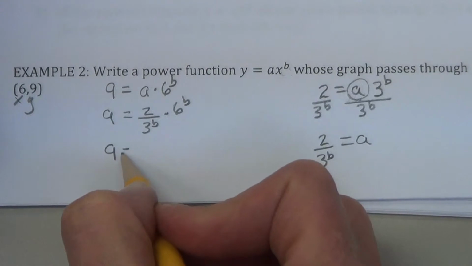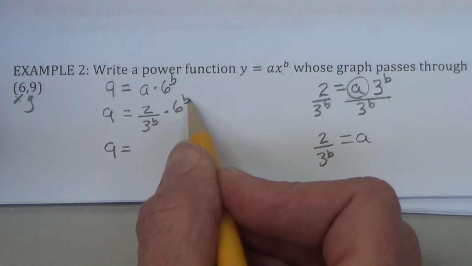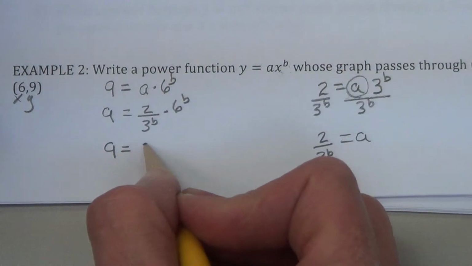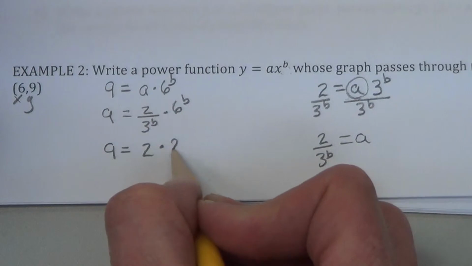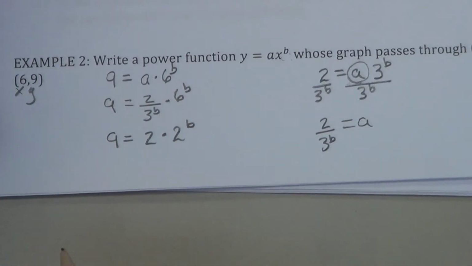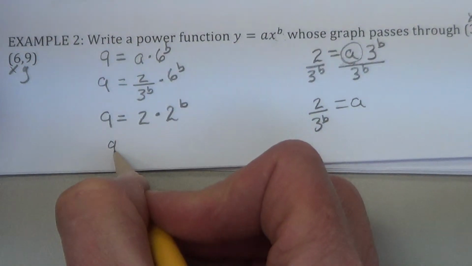That would be 9 equals 3 to the b, and 6 to the b will reduce. That becomes 2 times 2 to the b, because 3 will go into 6 2 times. So 9 equals